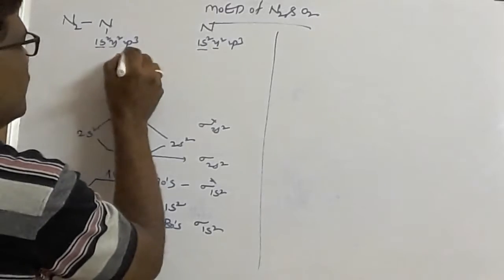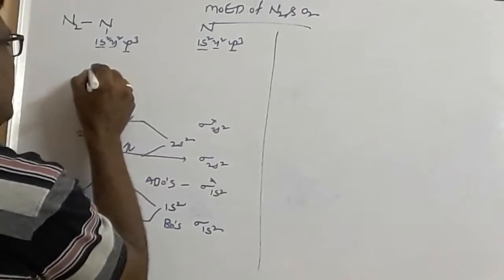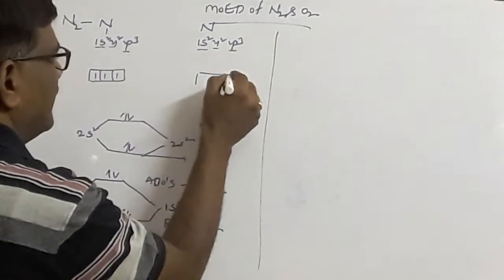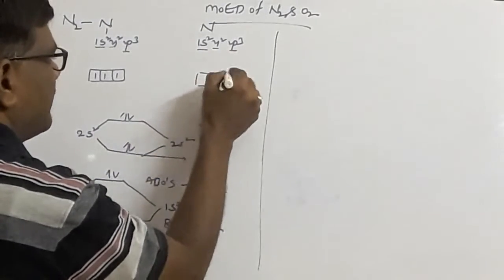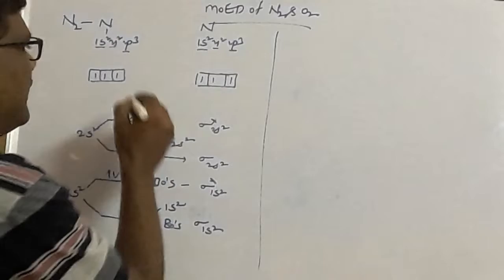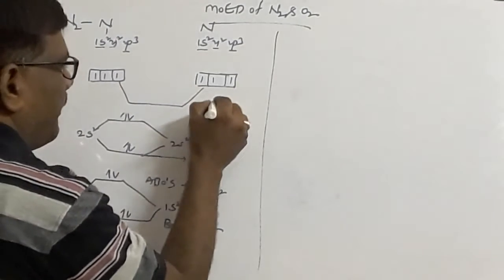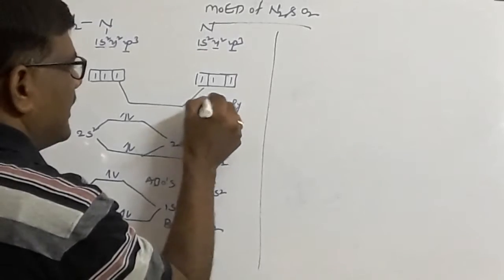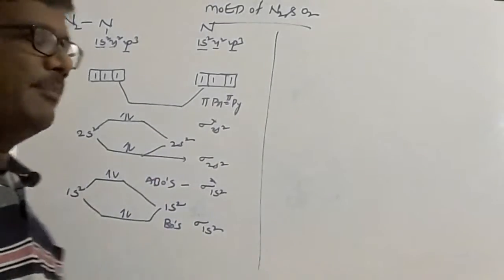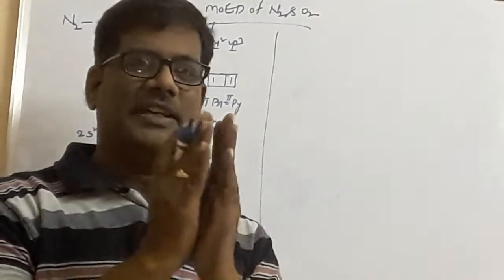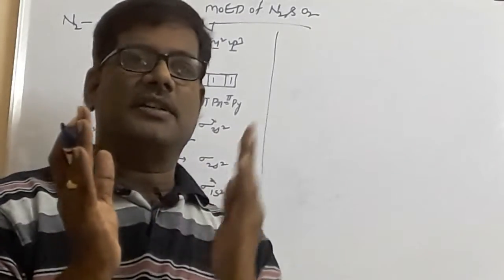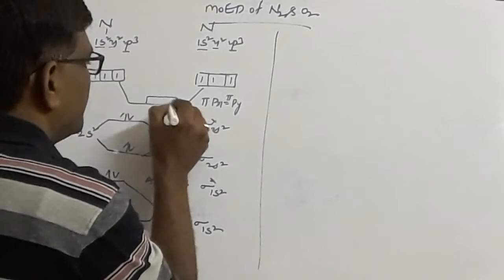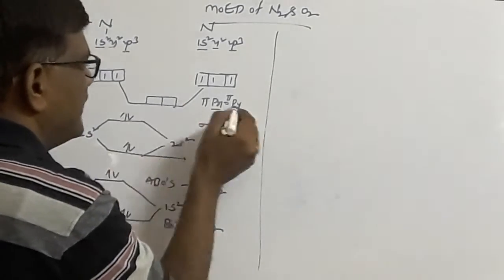Finished. Now, 2p3 orbitals of this nitrogen atom. A p orbital will have three orientations, px, py, pz, oriented with the 2p3 orbital of the second nitrogen atom. Immediately what happened? First, px orbital and py orbital will have the same energy. They side overlap with each other. Ultimately, they give you the pi bond. Px orbital side overlaps with the px orbital. Py orbital side overlaps with the py orbital. They will have the same energy. That's why here you will get two orbitals. One is pi px, one is pi py.